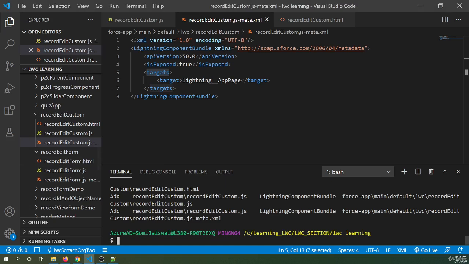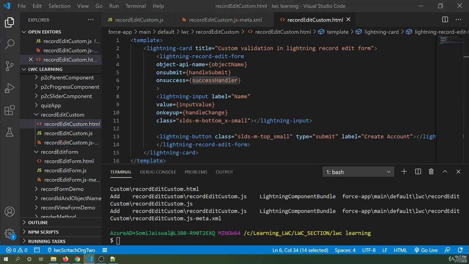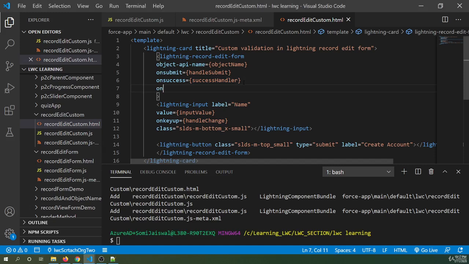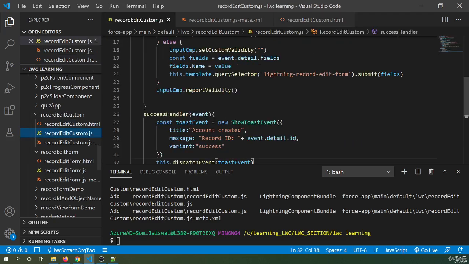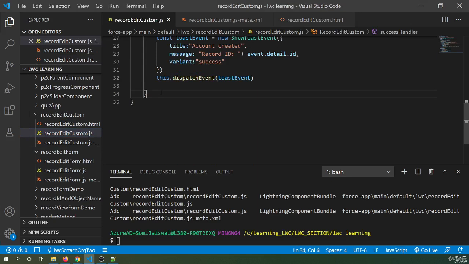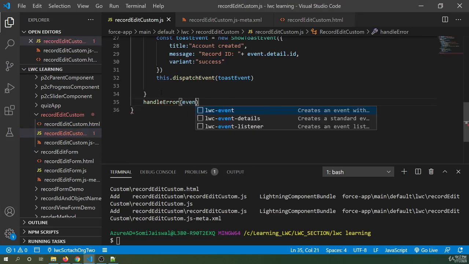And I want to show you the other thing as well, that is how we can handle the server errors in this. For that, we'll use another attribute. We'll go to the HTML and we'll say onerror. So like onsuccess, there is a property onerror, and this will call handleError. These names can be any name that you wanna use in your JS. So I'm creating a method now, handleError. It will also receive an event,